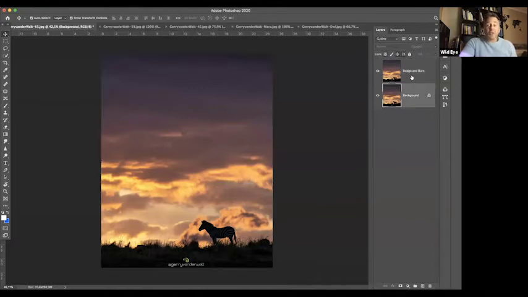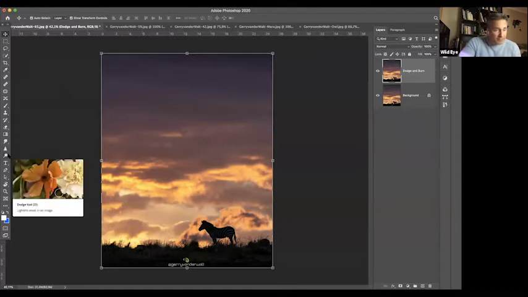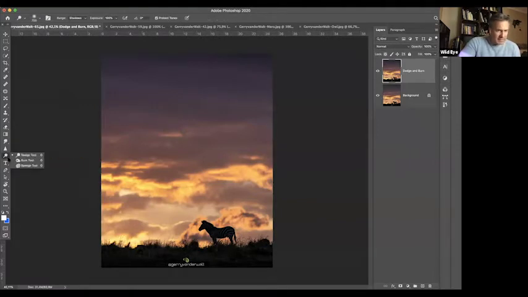So with that dodge and burn layer highlighted, any things I do to this now will be applied to the top layer. My bottom layer stays safe. All right, here we go. Dodging and burning. On your tool set on the left-hand side here, if I scroll down, I get to this icon here, and I click on that, there's three: dodge tool, burn tool, and sponge tool. How many of you have used the sponge tool? It's actually pretty cool if you want to do isolated color adjustments, but we'll get there. So the dodging tool is going to make things lighter. The burn tool is going to make things darker.